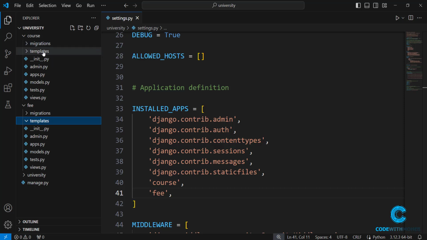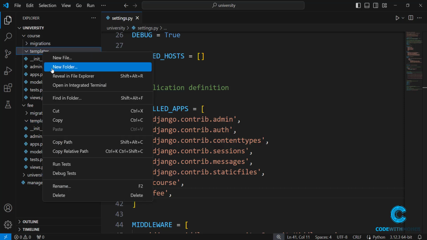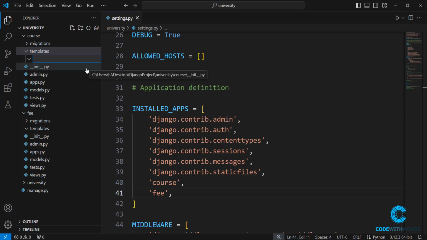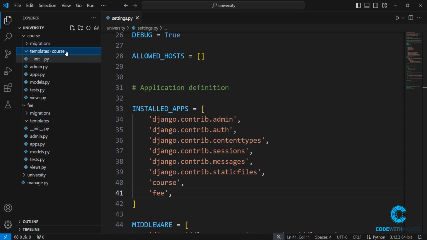So once I select this, you can right click and go to create folder, or you can click from here. Both are the same. I'll write my application name, course. Inside this course, I'll keep all my HTML files. And now we have to create another folder for CSS files, one for JavaScript files, one for images. But do remember that this one should not be underlined. If you can see that this course folder is underlined, once I click here, the folder will be created